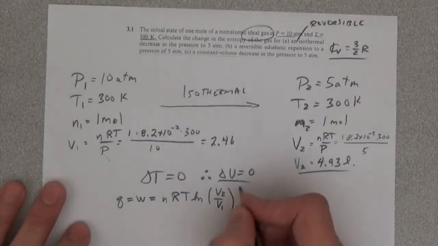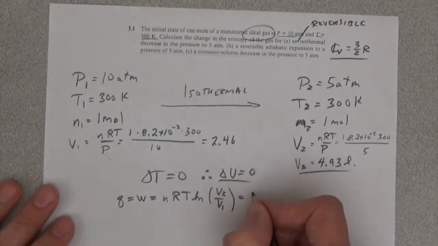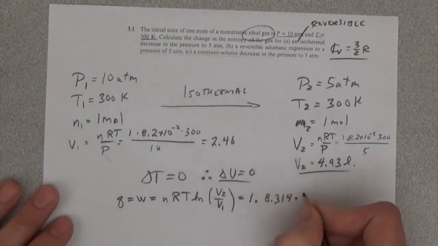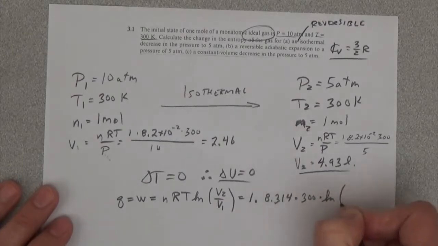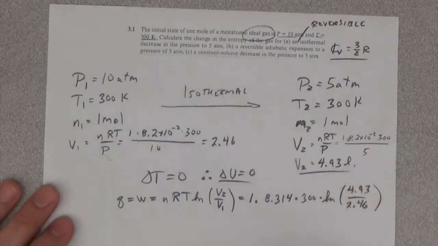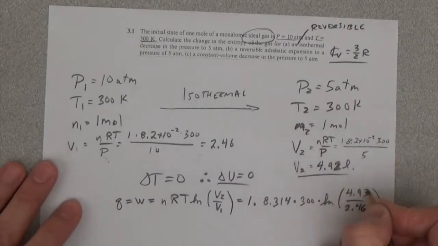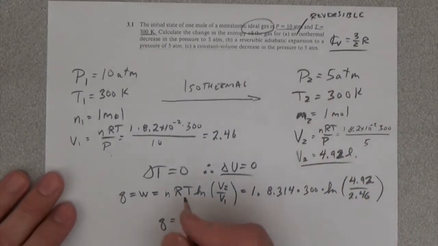And this is going to be equal to 1 times 8.314 times 300 times natural log of 4.93 divided by 2.46. Oh, sorry, 2, which means that Q is equal to